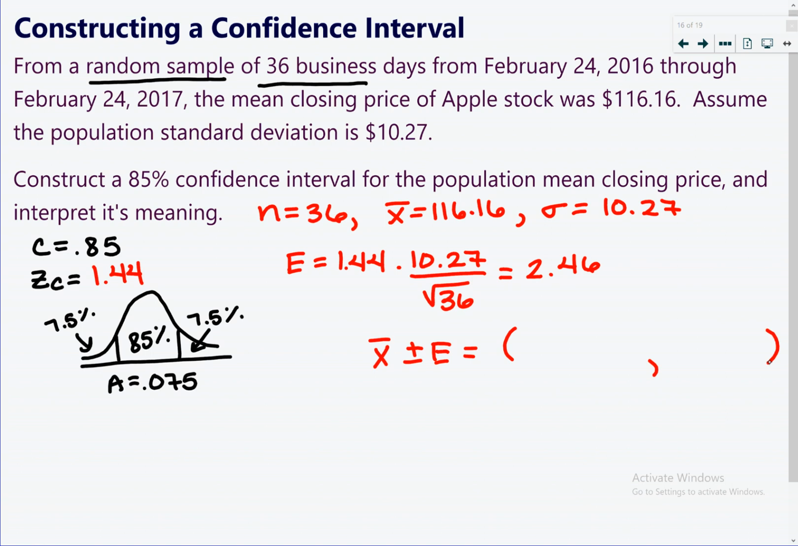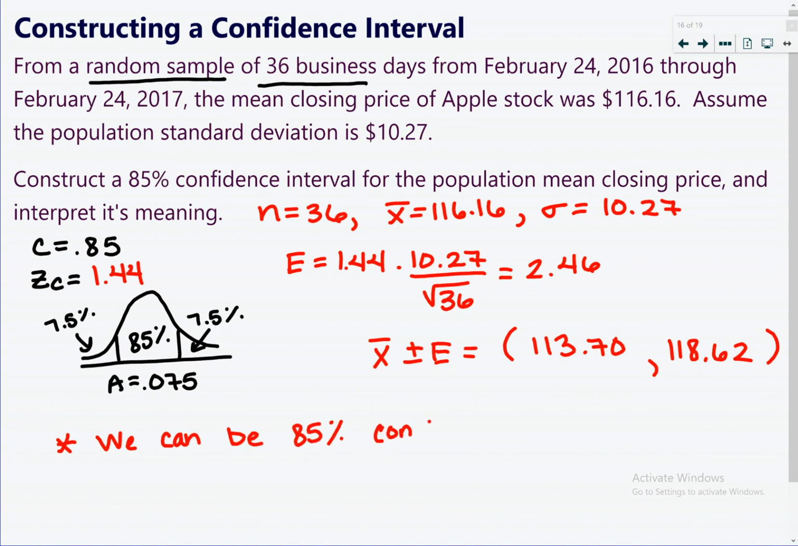Okay, and my x bar was 116.16. So if I add 2.46 to that, I get on the high end 118.62. If I subtract, I get 113.70. Okay, and then if we're going to interpret that meaning, we'll say we can be